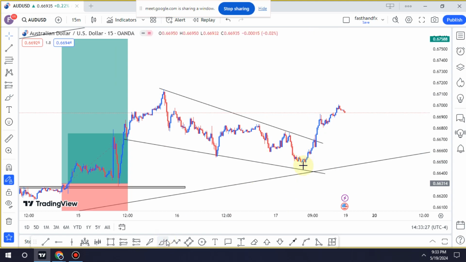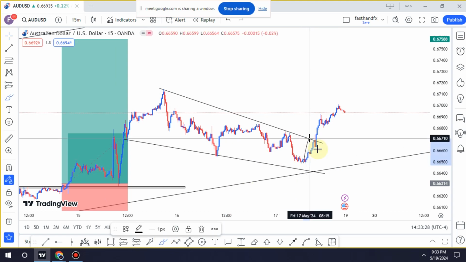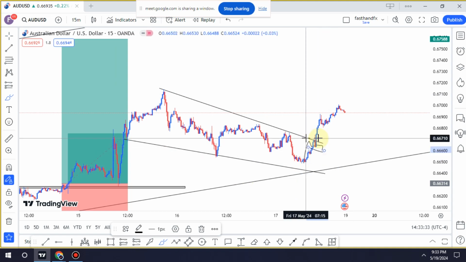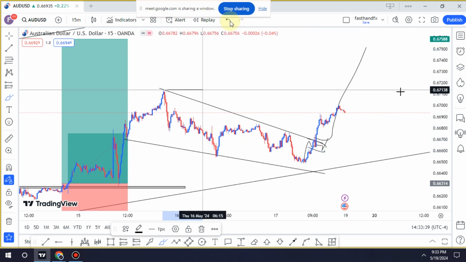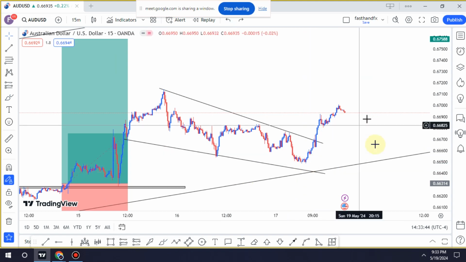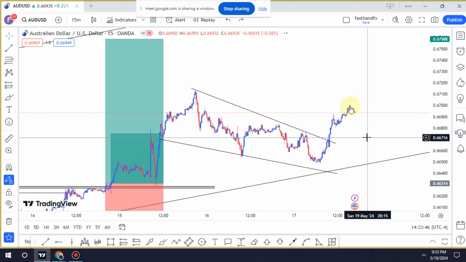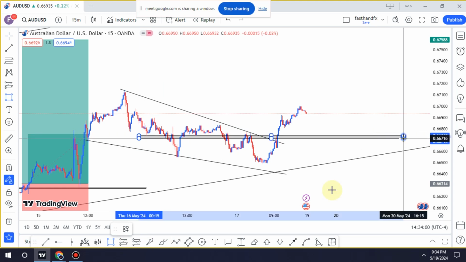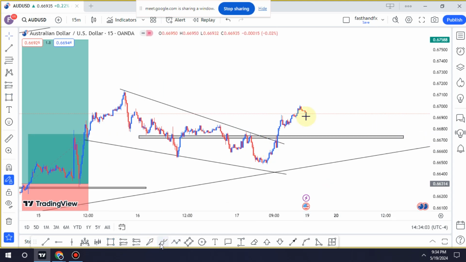Now if price did this, if it went up and then started giving us a rejection, something like this, then broke, we could have taken a buy entry immediately. Then of course, first TP should be this level. But since that never happened, we just saw an impulse. So right now, all we need to do, Aussie USD for action, another bullish flag. So we can adjust, identify our key levels, something like this probably, because we anticipate price might